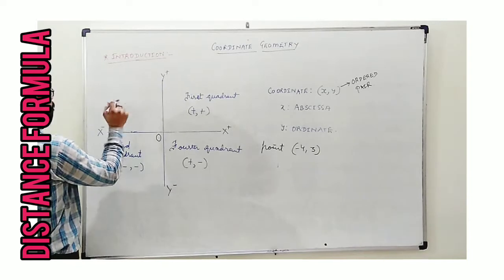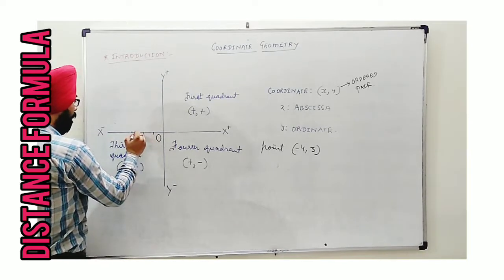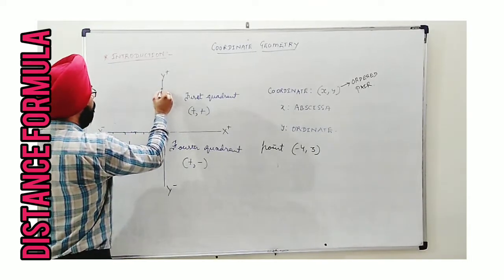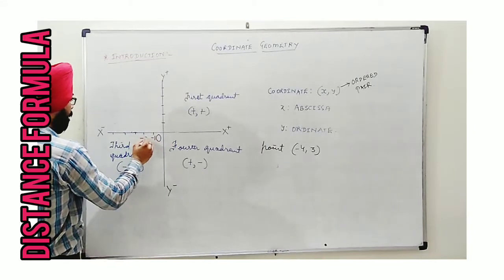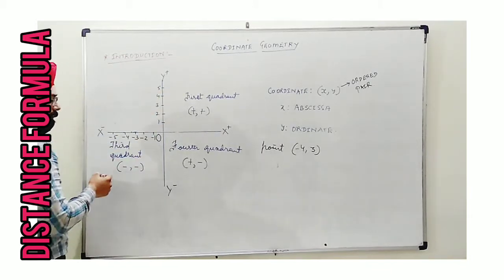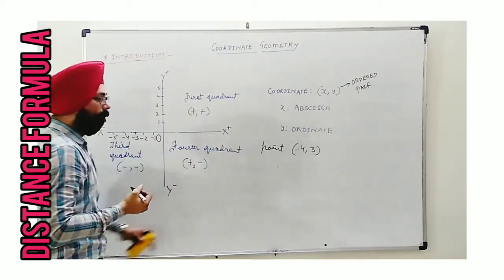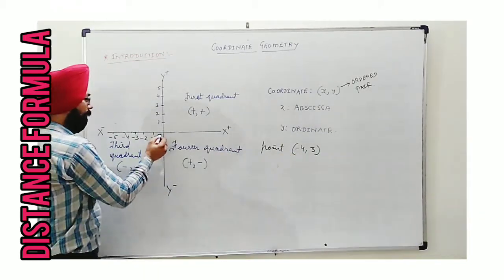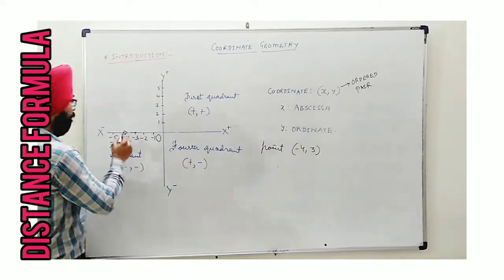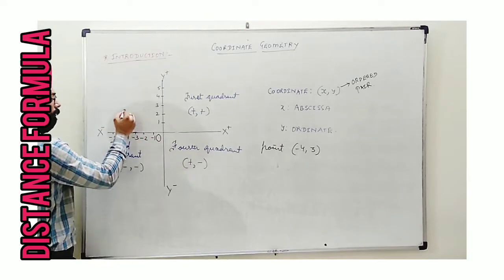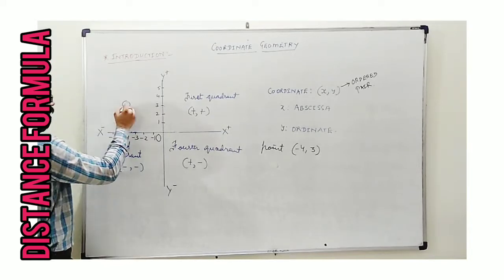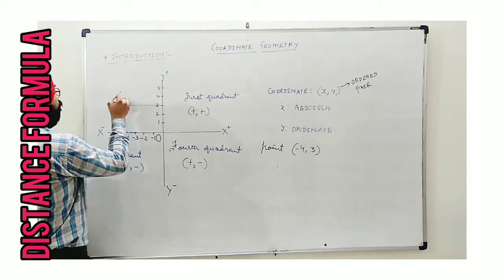In second quadrant, if I plot, then first of all, I have to mark the values according to the requirement on x-axis and y-axis. Then only we can plot it. This is -1, -2, -3, -4 and -5, and 1, 2, 3, 4, 5 along x-axis. Now in this quadrant, I need -4 along x-axis. So let's see, -4 along x-axis. This is the point. And along y-axis, I need 3. So we will go up now. This is 1, 2 and 3. So the point required is here. So this point is (-4, 3).